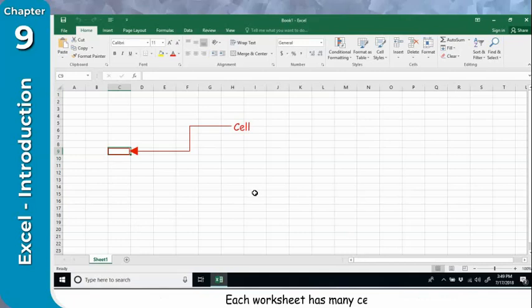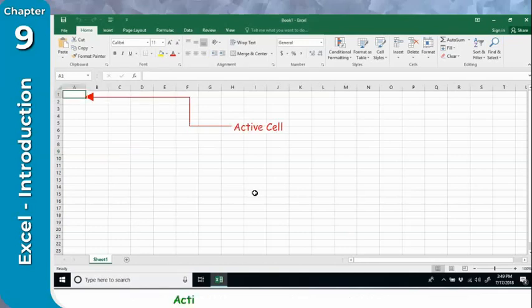Each worksheet has many cells and only a small fraction of the active worksheet is displayed on the screen at a time. A cell in your worksheet is activated or selected for entering data into it. Active cell. Active cell has a dark border around it. The default active cell is